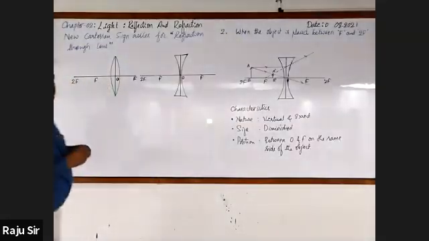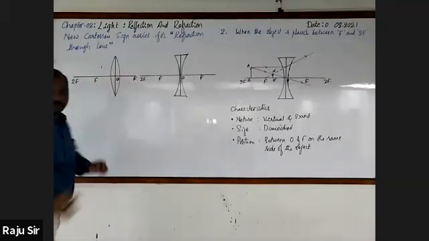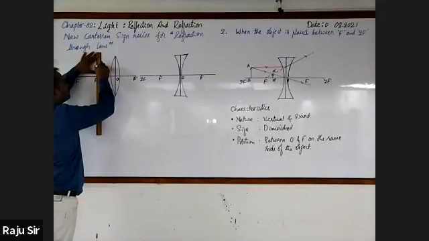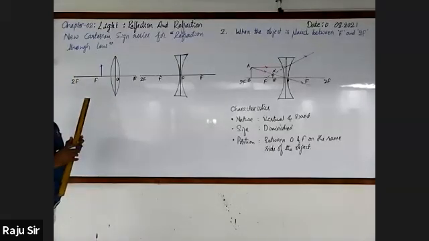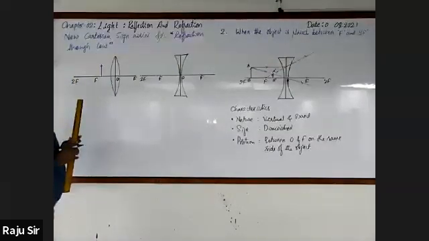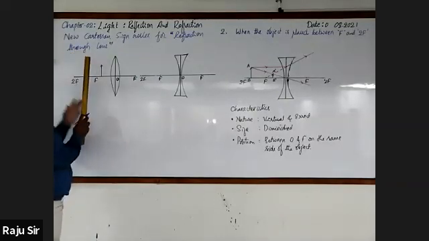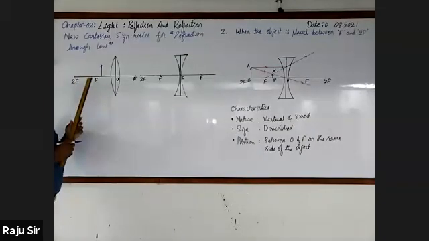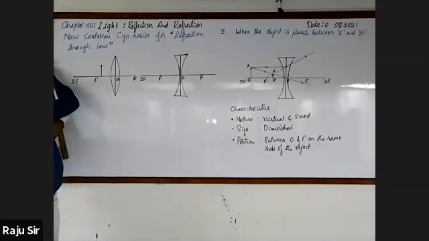Alright, listen. Just observe the diagram. Where is the object placed? Between O and F. Where is the image formed? Beyond 2F on the same side of the object. Beyond 2F also, it is formed in front of the lens. The closer you look, the more the distance increases.